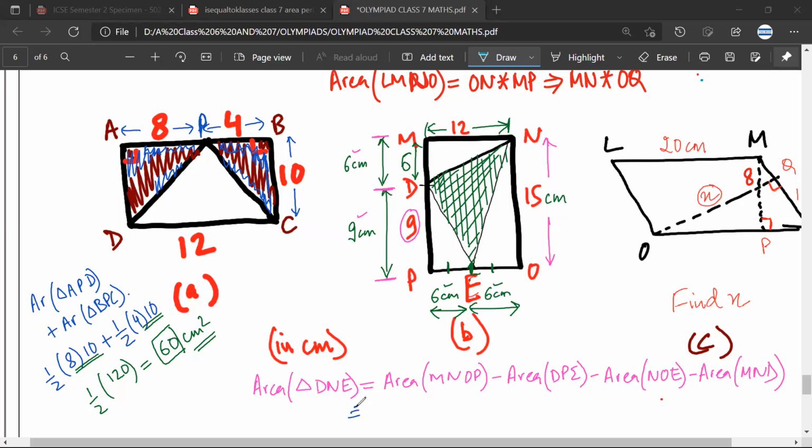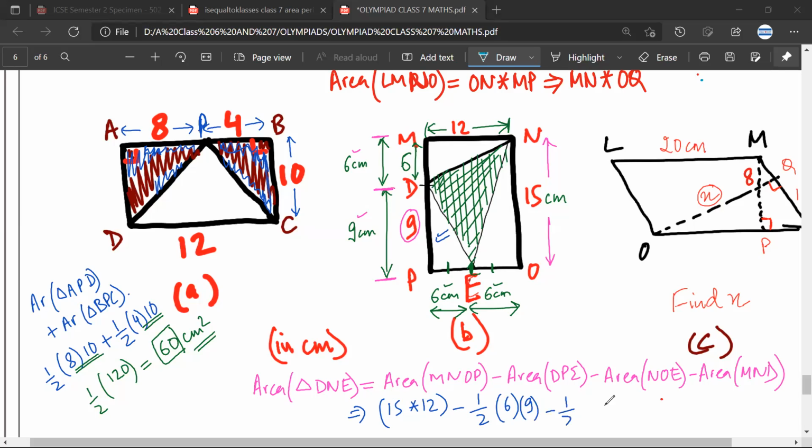No, sir. So, area of MNOP, this would be equal to 15 into 12, minus area of DPE. This DPE, this is the area that I'm talking about. This would be equal to half of base into height. Height is 9